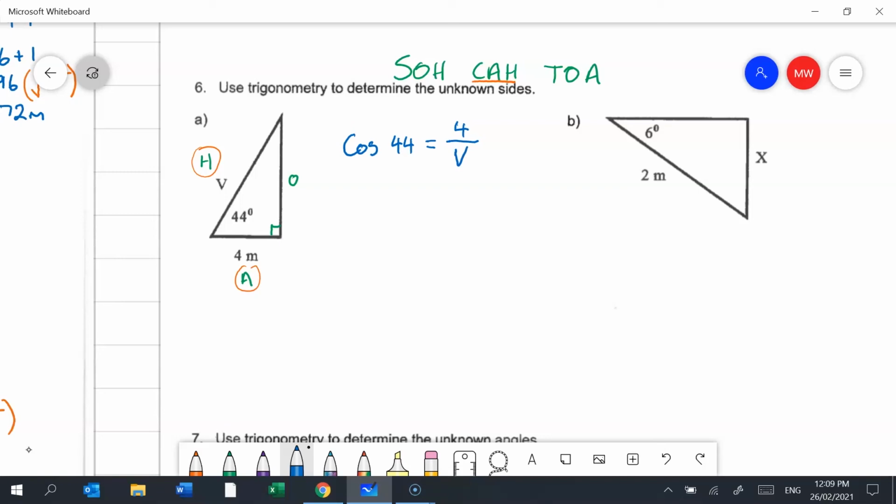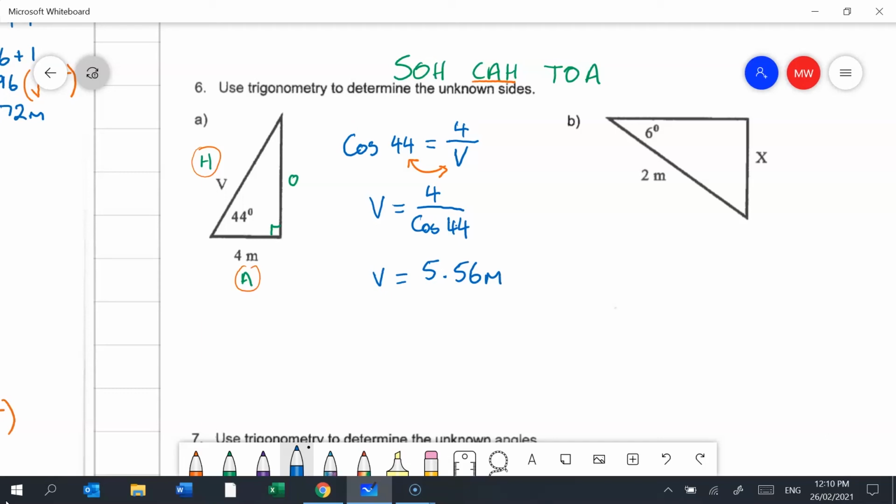Now, when you come to do this section of it, you can use transposition to first move v up here, and then in the second move cos 44 back down. But usually what we do is we just remember that we're allowed to switch these two so that they swap positions. And so I've got v equals 4 over cos 44, which I then put in my calculator and find the answer to be v equals